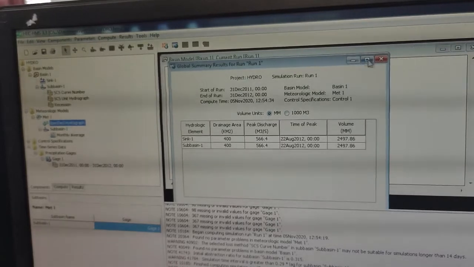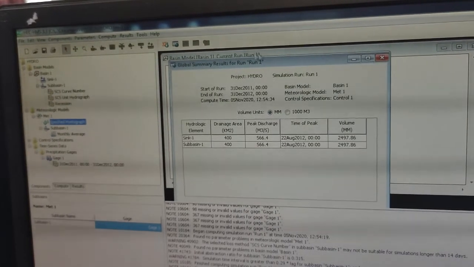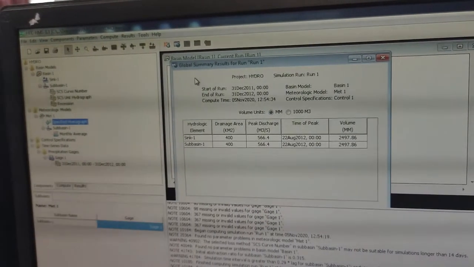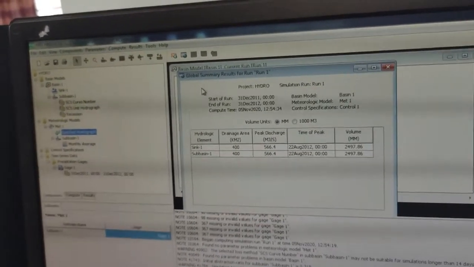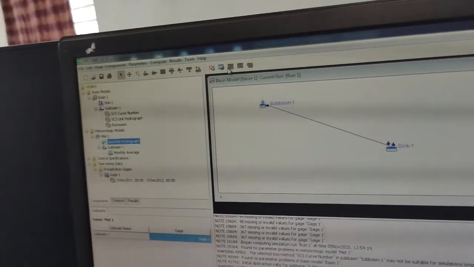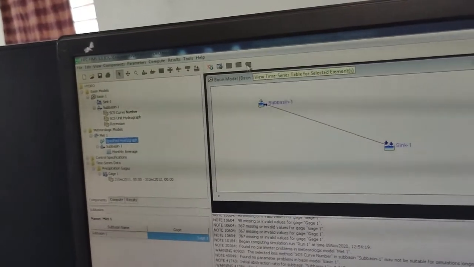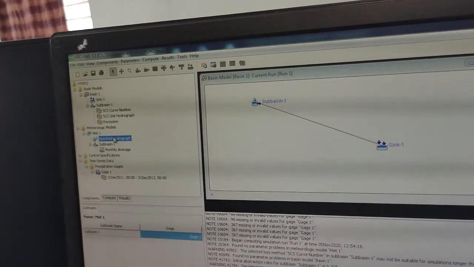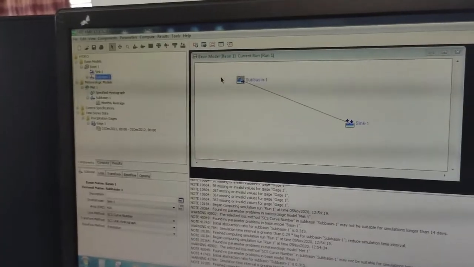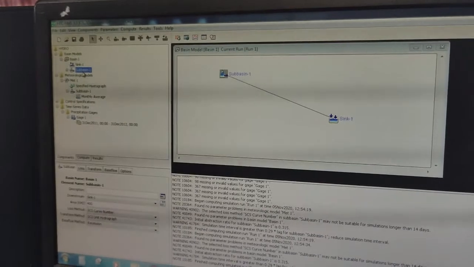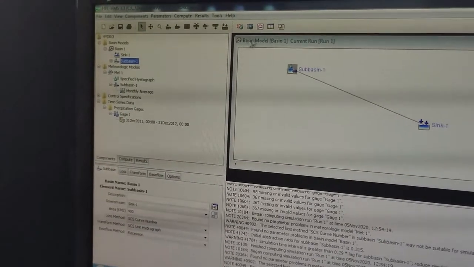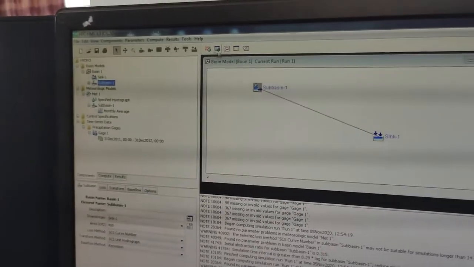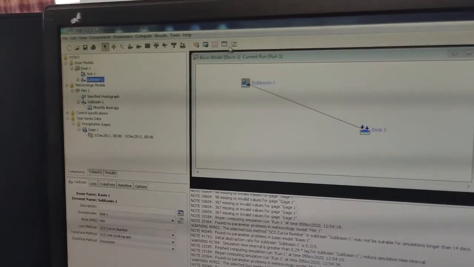One more thing is that after the global summary results appear, we can now see the graphs also. As you go in the sub-basin 1, we can see all the graphs section and all other information displayed here.